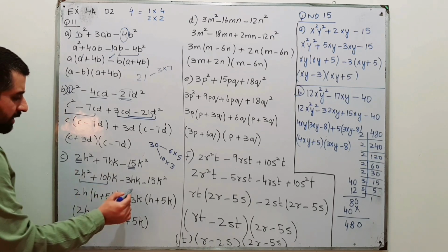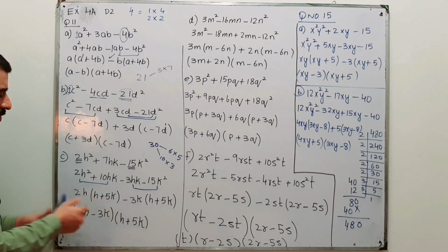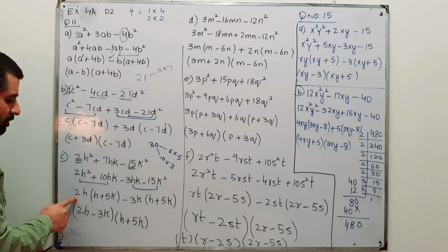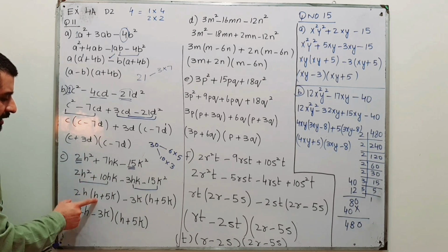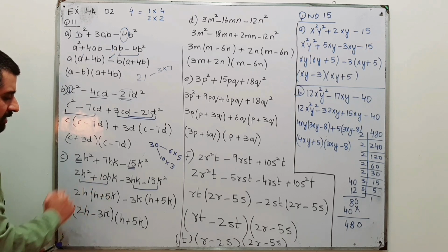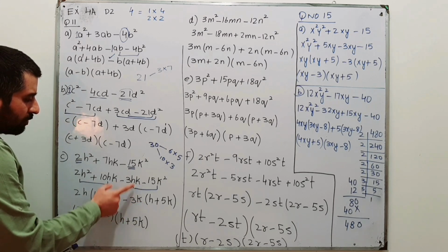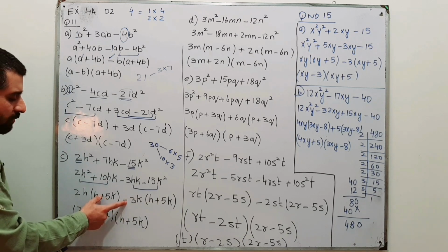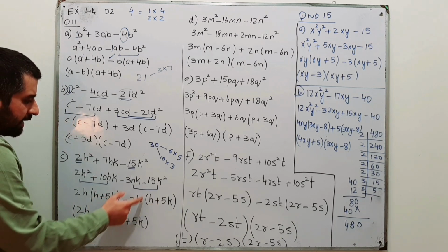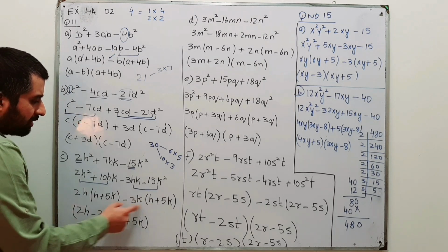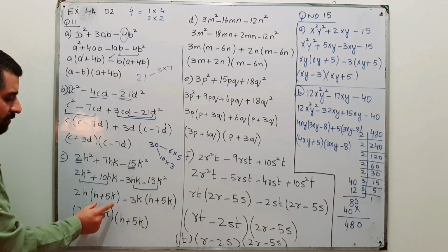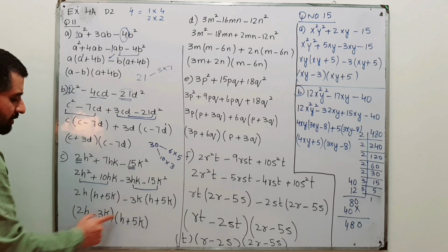Now from the first two take out common, from the last two take out common. Whatever is common from the first two, h is common; from the last two, minus 3k is common. So 2 is taken out as common, h is taken out as common, we are left here with only h plus 5k (2h times 5k is 10hk). Now 3 is out, k is out, you are left with h over here. Minus is converted into plus because we have taken out minus as common, so here we are having plus 5k, and because minus is outside the bracket now, 3 times 5k is 15k. One k is taken out as common, so you are left with k to the power 1 inside the bracket. One factor is h plus 5k, the second factor is 2h minus 3k.